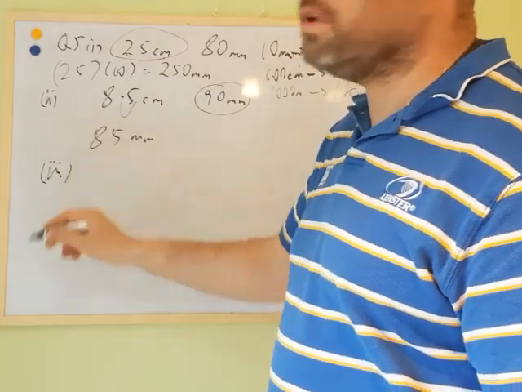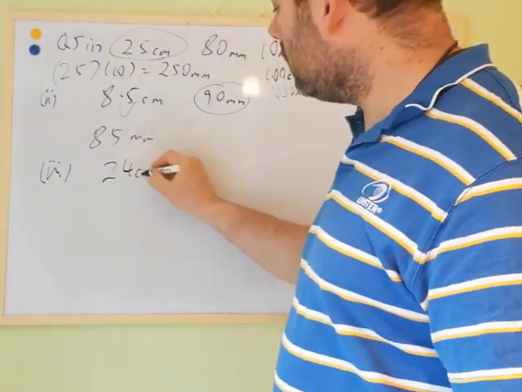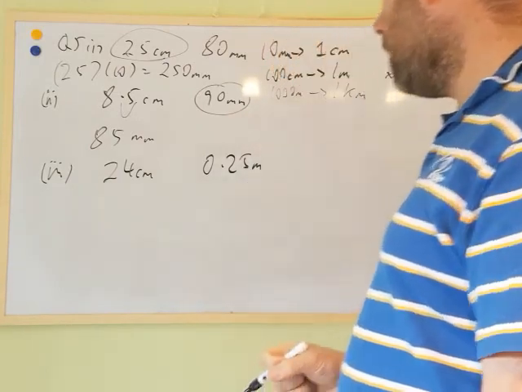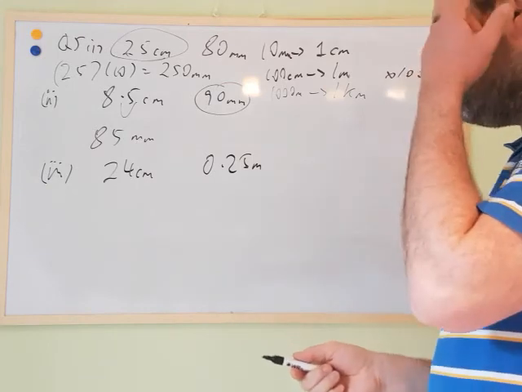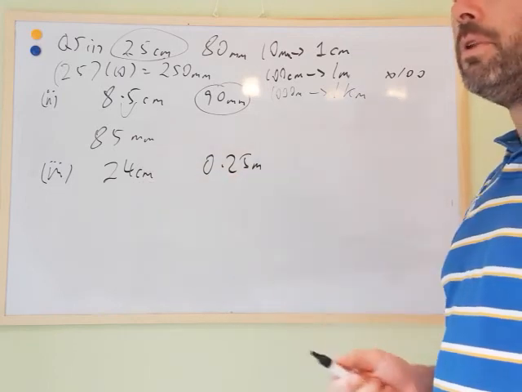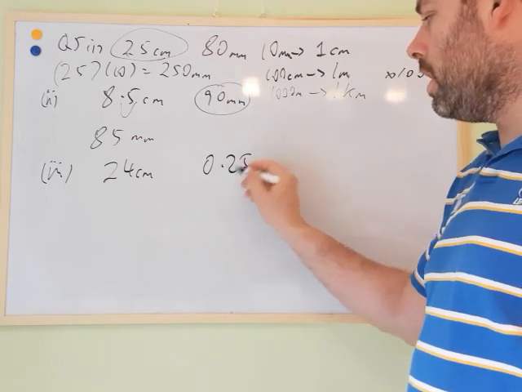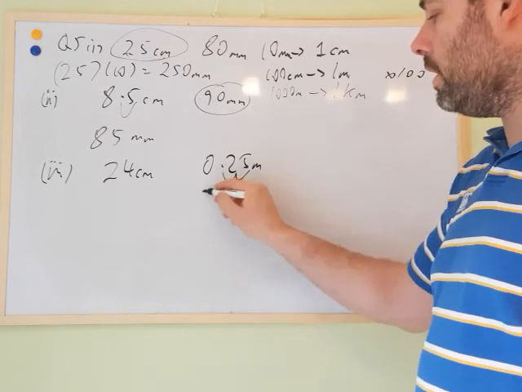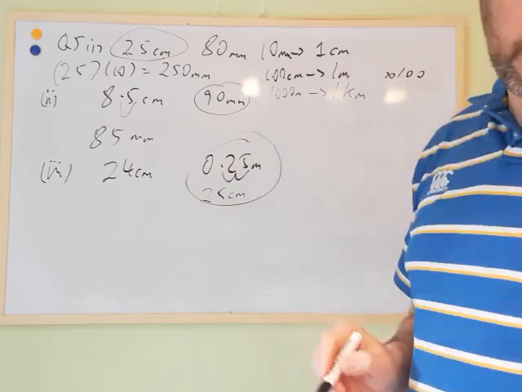And our next one. 24 centimeters or 0.25 meters. Okay, so yet again, they're different units. We need to change them to the same one. If I want to change this to meters, I divide by 100. If I want to change meters to centimeters, multiply by 100. So I'm going to change this into centimeters. So 0.25 times 100, you're moving your decimal place 2 to the right, 25 centimeters, which is bigger than 24. So that's the correct